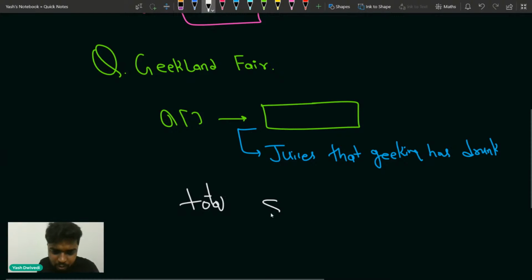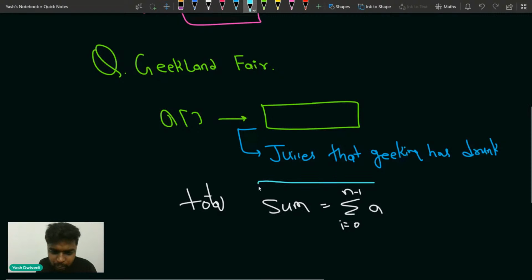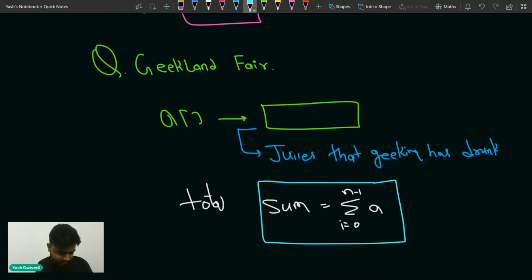The sum of this whole array, no? The sum of the whole array will be the total amount of juice that has been drunk by Geekina. Correct?